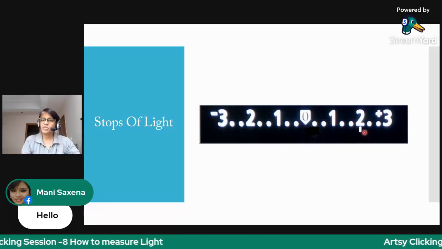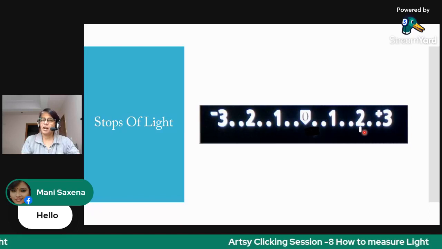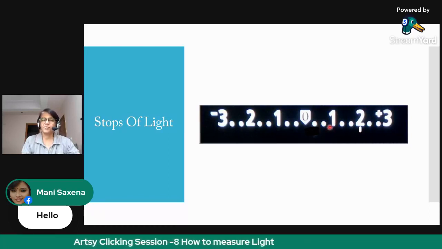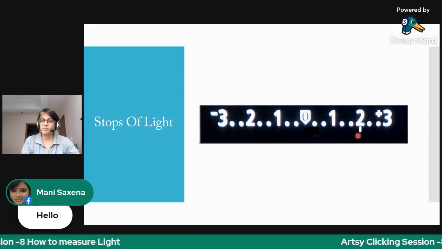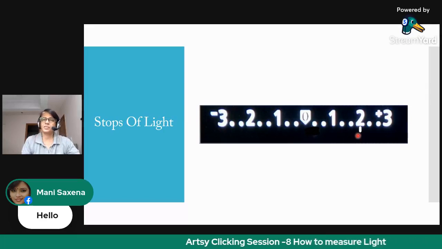If it is on +2, can anyone tell me how much light is coming in? Because I told you that for +1, it is double the amount. So for +2, it is 4 times the amount of light required to reproduce a scene.